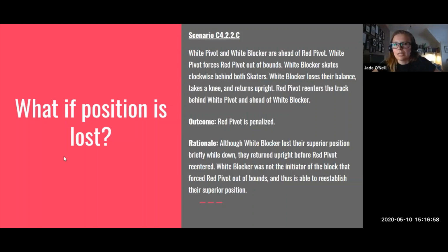This next one is, what about if position is lost? I'll just read through the scenario first and then explain it. White pivot and white blocker are ahead of red pivot. White pivot forces red pivot out of bounds. White blocker skates clockwise behind both skaters. White blocker loses their balance, takes a knee and returns upright. Red pivot re-enters the track behind white pivot and ahead of white blocker. So the red pivot is penalised